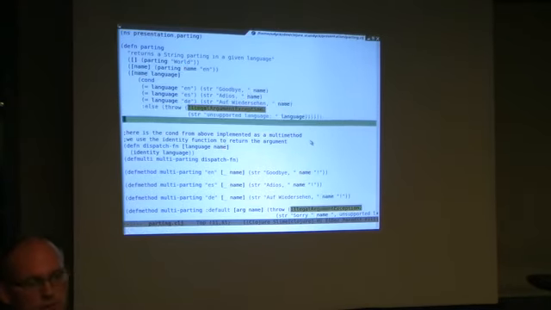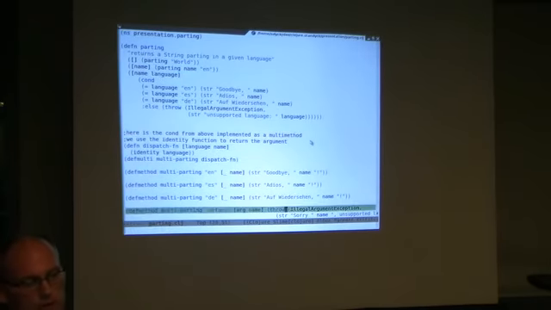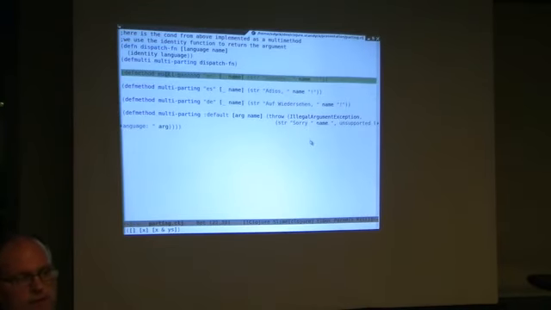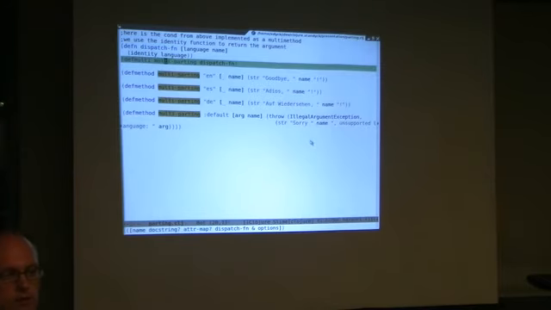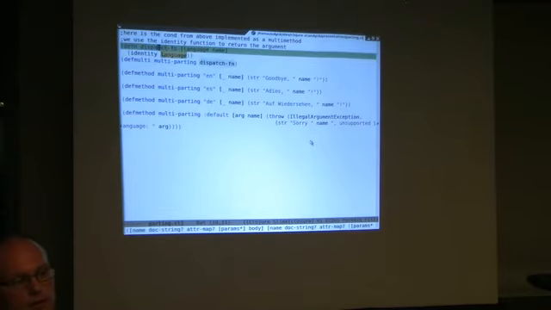So that's what multi-methods are designed to deal with. With this defmulti function, I'm defining a function called multi-parting, and then I'm giving it a dispatch function as its parameter. So I'm saying whenever you see this multi-parting, then you run this dispatch function against the parameters. I've defined my dispatch function up here to take 2 parameters, a language and a name, and I could have done the same arity thing that I did before,